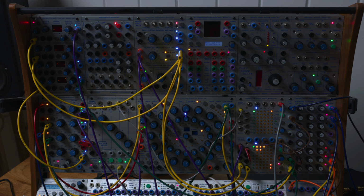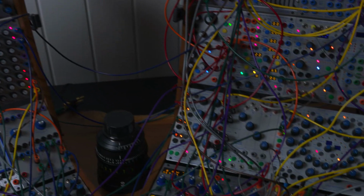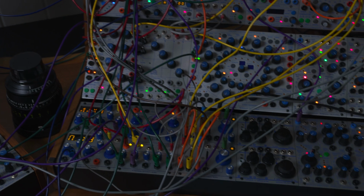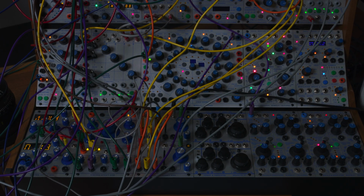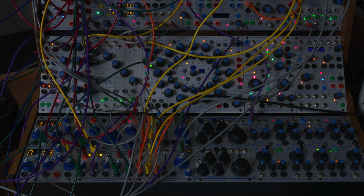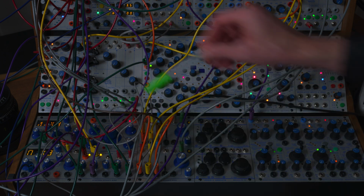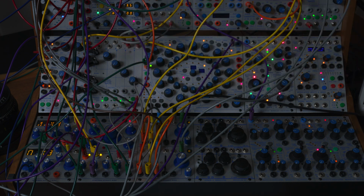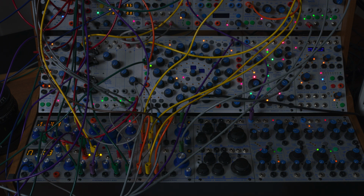Now let's bring in our special effects. Our first special effect is this Digital Resonator. The Digital Resonator is just magic in a box. And I'm going to bring it in